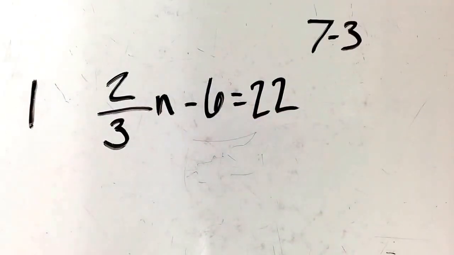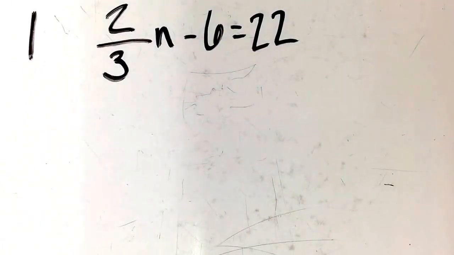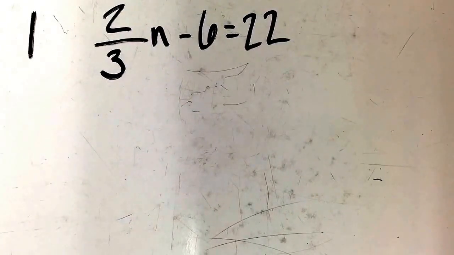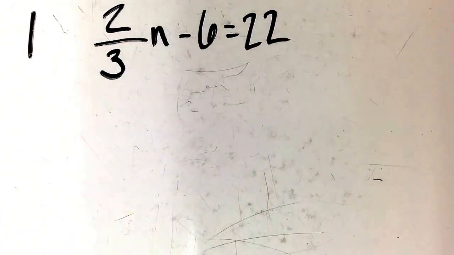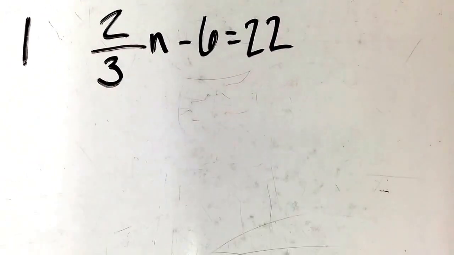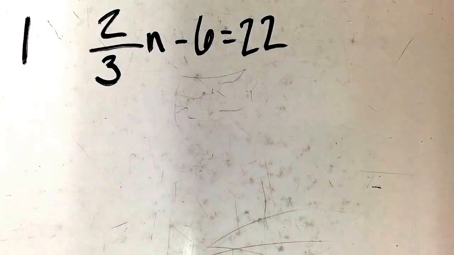Alright, this is lesson 7-3, solving two-step equations with fractions and decimals. A two-step equation is nothing new to us, so it shouldn't be too hard for us to get going. Something that may throw us off is that we have fractions involved in our equation. Still the same process, I'm going to do the opposite function with the same number to both sides of my